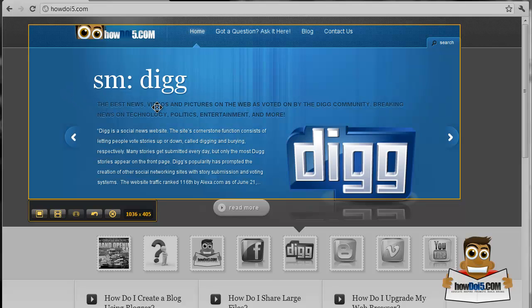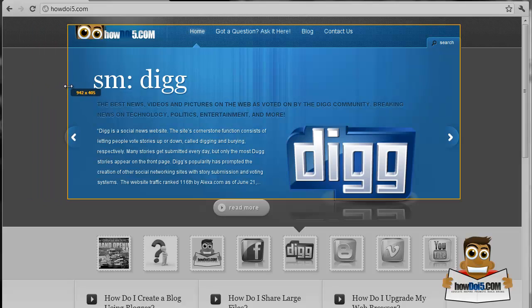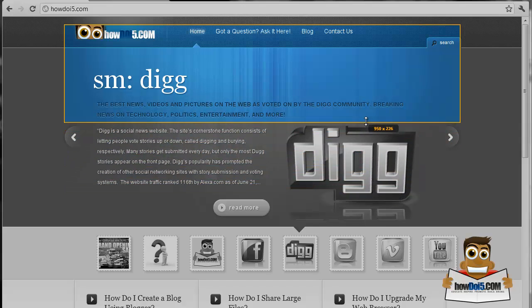Now, one of the really neat features about this is that it gives you dimensions. And a neat thing to do with this is to create a banner. Let's say you're advertising your website someplace else and you know that you need a banner that's 950 by 150. You can resize, and to resize you just hover over any of these corners here, click and hold. It's going to show you what dimensions you're at now, and let's say we're going to resize this down to 950. And now we're going to change the height of it, and we're going to resize it all the way down to